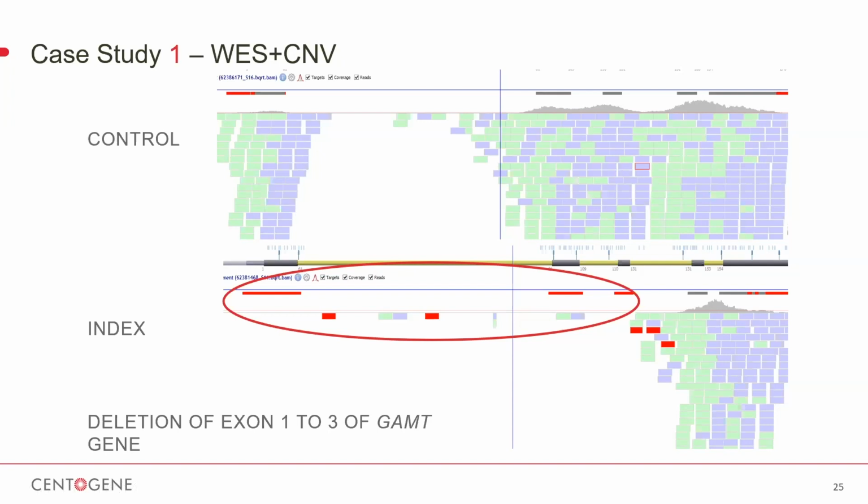By the way, this is a medically treatable condition by applying creatine monohydrate. This can prevent the sequelae of complications. And this is also an example of how genetic testing can impact and direct the medical management of patients.